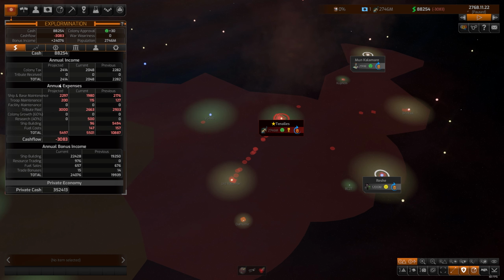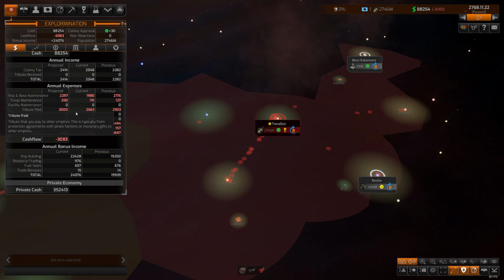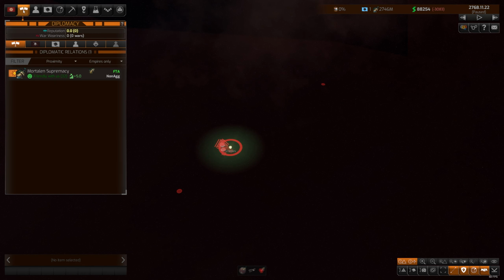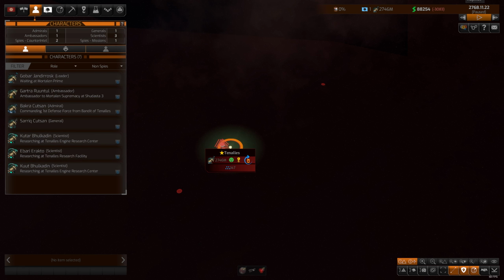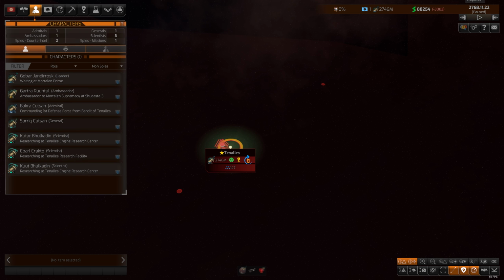So here's our annual expenses, the sum total of which gives us the cash flow. And you will see that we are spending mostly in tribute, right? Like most of the money that we're paying is actually in tribute to the pirates. And I've had some advice that you don't necessarily need to pay the pirates off immediately like you did in Distant Worlds. So what I want to do really is I'd like to keep some of the pirates as friends,